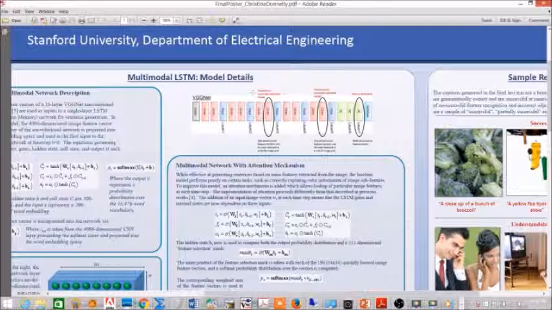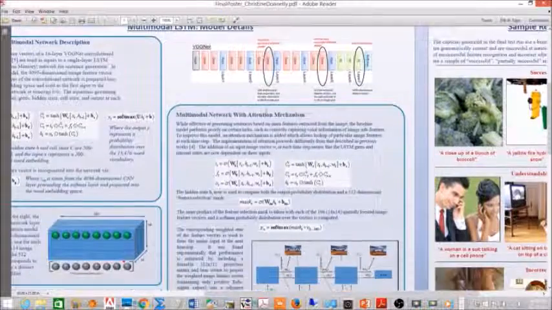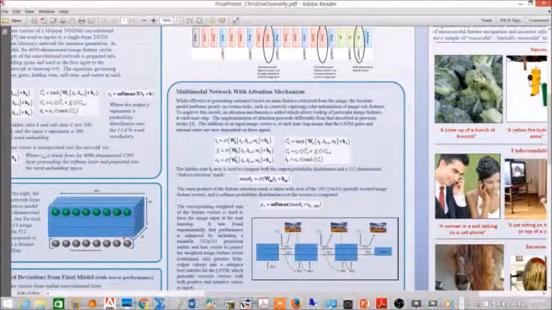Because the VGGNet uses ReLU nonlinearities, these vectors contain either zeros or positive values. The feature selection mask vector, output by the network, specifies which subtype of image features is most important for the network to see at the next time step. The inner product of the mask vector is taken with each of the 196 spatially distinguished feature vectors, so that the ones yielding the highest values will have the highest activation for the feature subtype sought by the LSTM